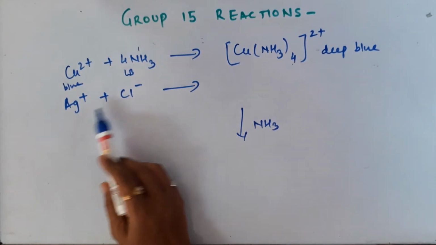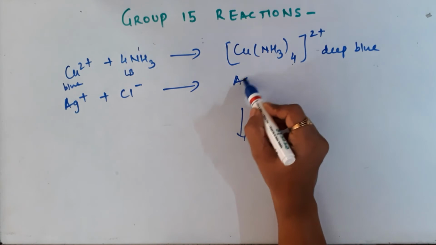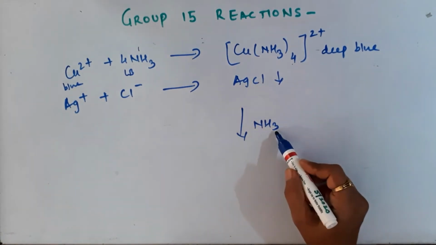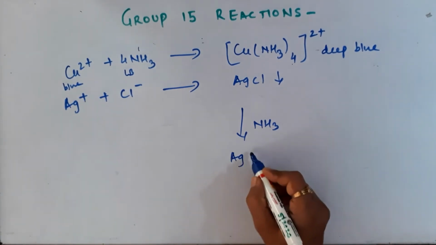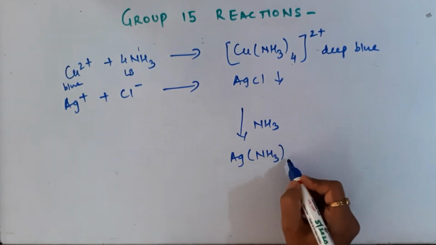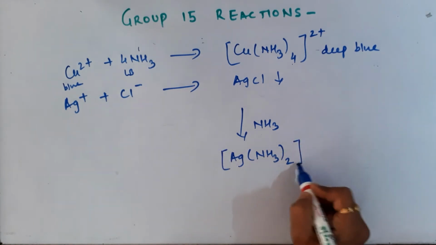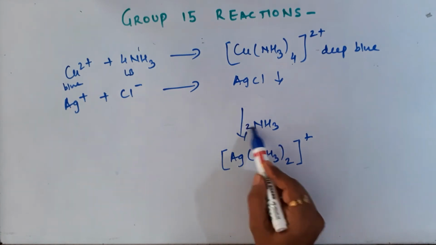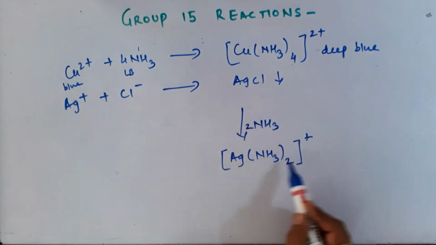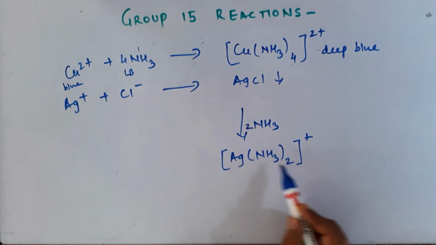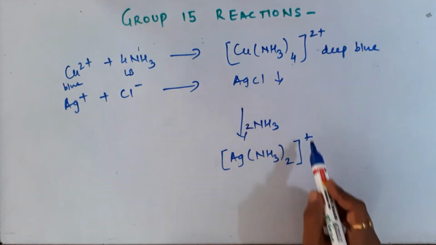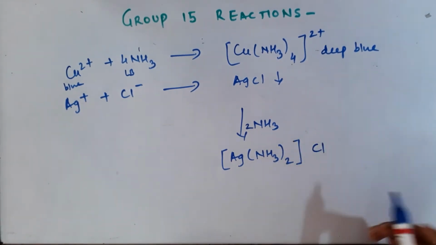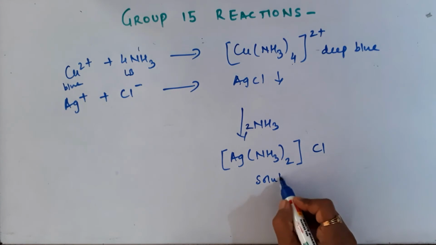Silver plus chloride gives silver chloride, white colored. Why does it disappear on adding ammonia? Because it also forms a complex. Disappear means soluble complex. So you can see that Ag(NH3)2 we are taking here. Coordination number of silver is 2. Number of bonds it has made is 2. And the charge on silver is 1. And there's one chloride also. So we can write chloride like that and remove this plus sign then. So this complex is going to be soluble.